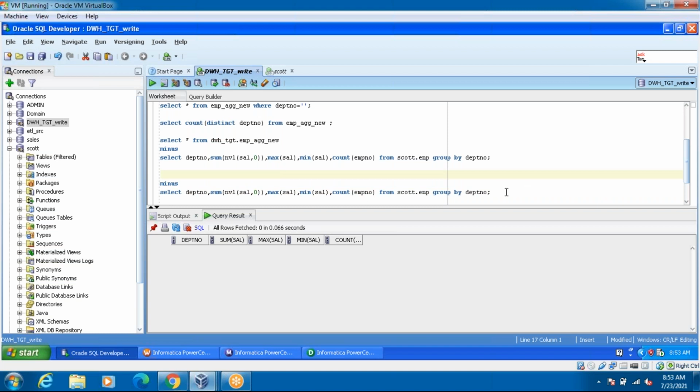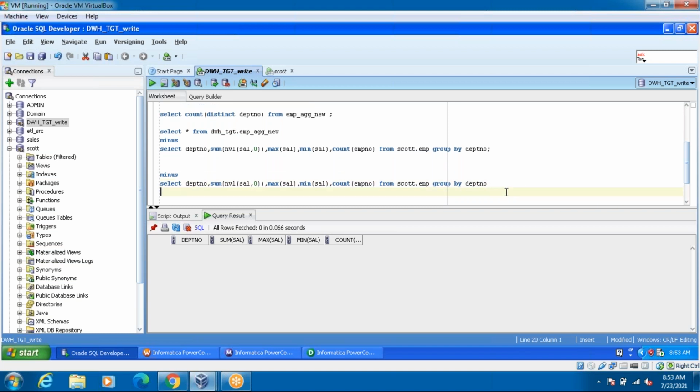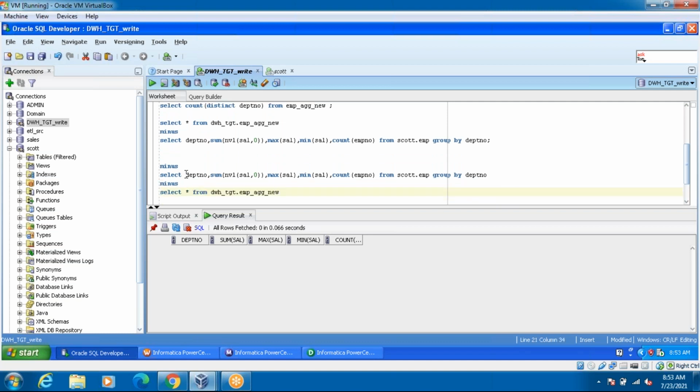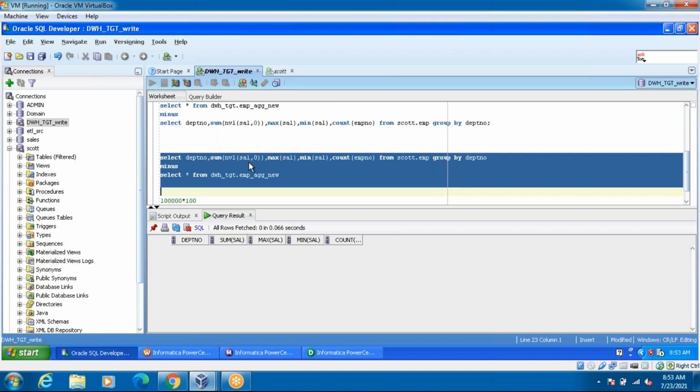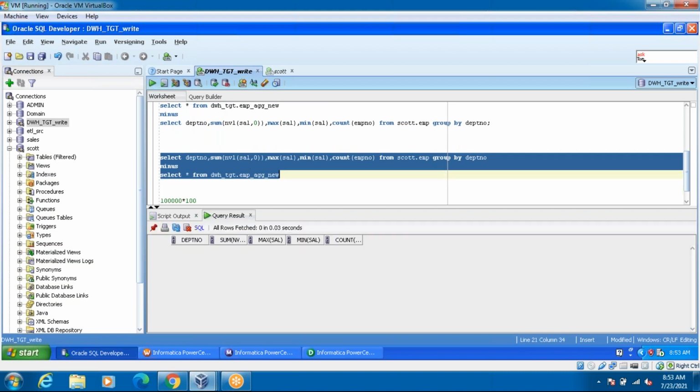Here, star means all the columns are there. If you want, you can specify the column names, guys. On the target schema, I'm not applying any logic in the target query, because the logic is already applied through ETL Informatica. Only my logic is applied in the source query itself, always. See, data is exactly matching. That's why you got 0 records.